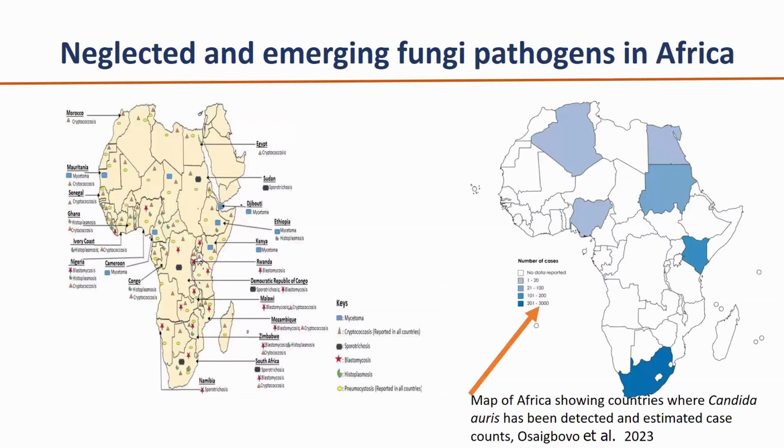And on top of blood candidiasis and other fungal infections, in Africa we also have the neglected and the emerging fungal infections, which have also been reported widely, and these include subcutaneous mycoses like mycetoma, which has been reported in the mycetoma belt from Mauritania. If you look at this map here, all the way from Mauritania to Sudan to Djibouti, we found there are a number of cases.